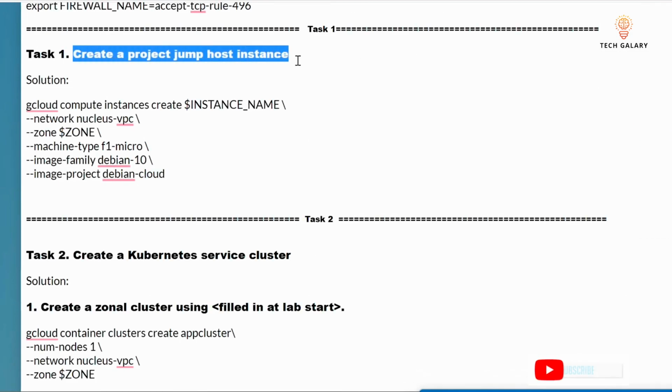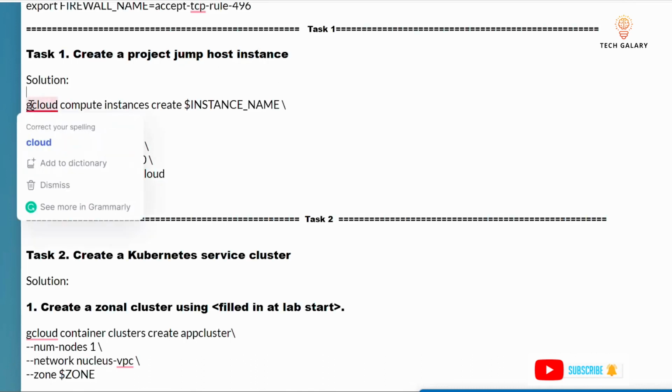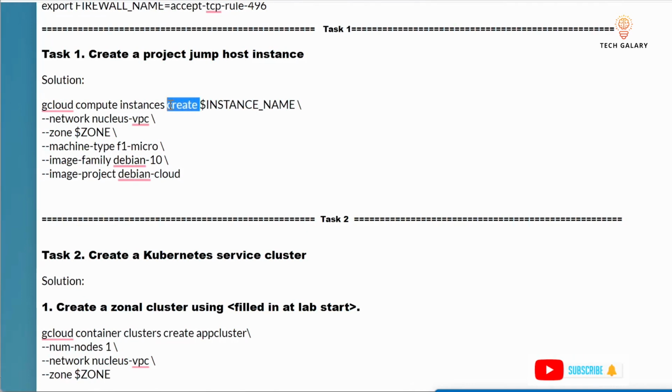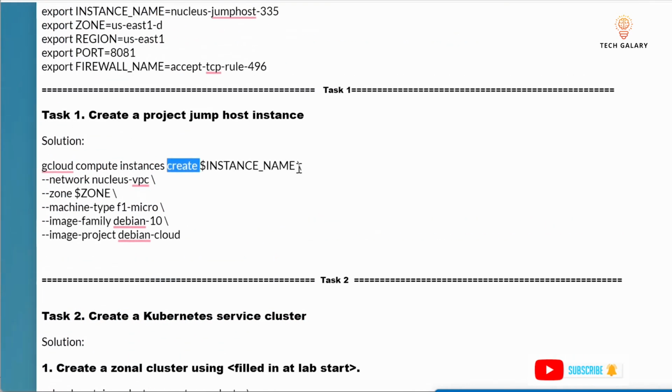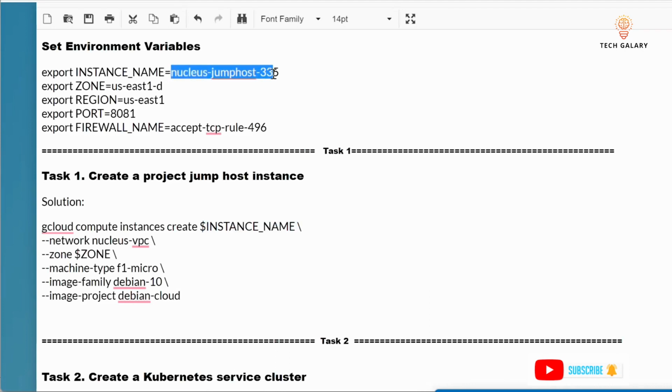So for this task 1, create a project jump host instance. To create a jump host instance, we have to execute this command gcloud compute instances create. When you provide this create, it will create an instance and here we are passing a variable $instance name. So this will check the variable which we have already set and it will pick this value from this environment variable and create this instance by the name nucleus-jump host-335, and ensure that you provide the instance name which you